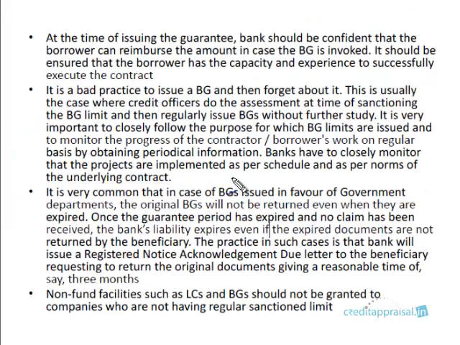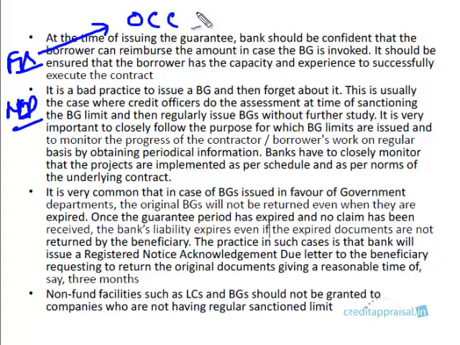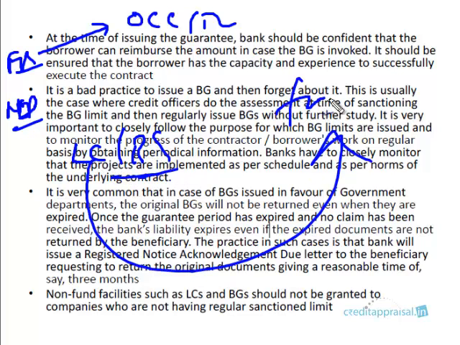As a banker, when a company approaches for sanction of a BG limit, don't be lax. Don't be casual. Don't show any distinction between a fund-based limit and a non-fund-based limit. You might be under the impression that a fund-based limit is where the bank parts with funds because it physically gives the money, so you have to be more careful while assessing OCC and term loans, and need not be so serious while assessing LC and BG. Don't do that, because ultimately if something goes wrong, this will be converted into fund-based facilities, because the bank has to make the payment.